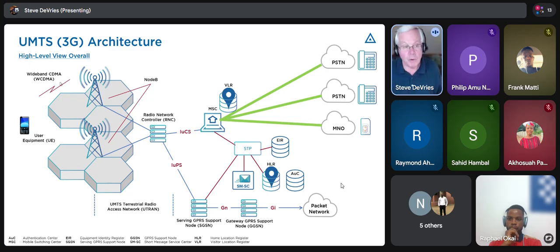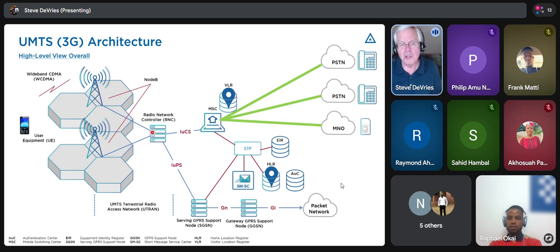First of all, your mobile phone was now called the user equipment instead of the mobile station. Your subscriber identity module would have been inside there. The air interface was now wideband CDMA. That was that big 5 megahertz chunk of frequency where you're assigned these unique codes. The cell towers are called Node Bs. Kind of a strange name, but it's called the Node B. Those are the actual cell towers.